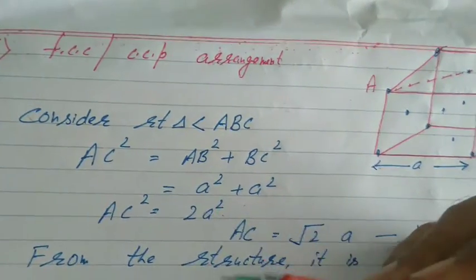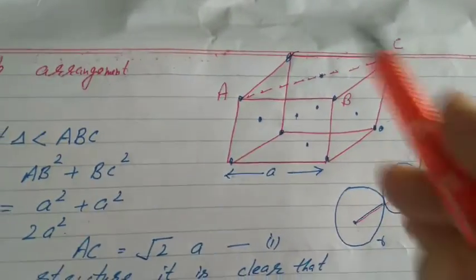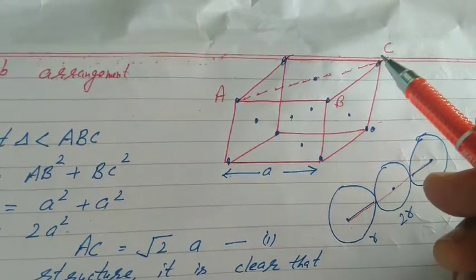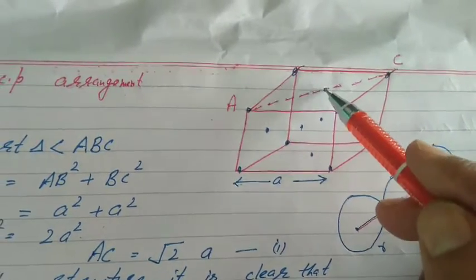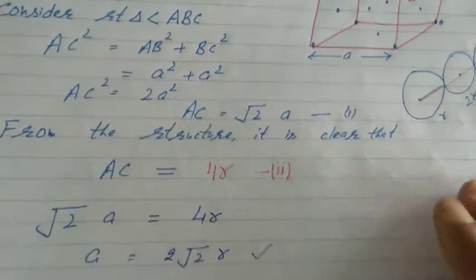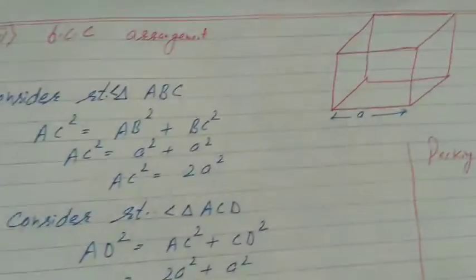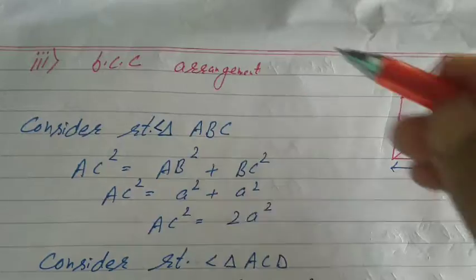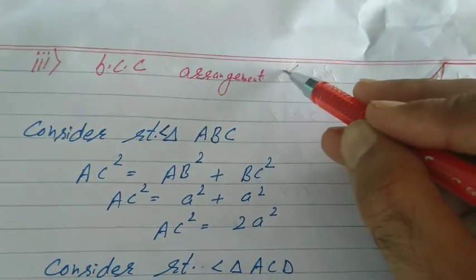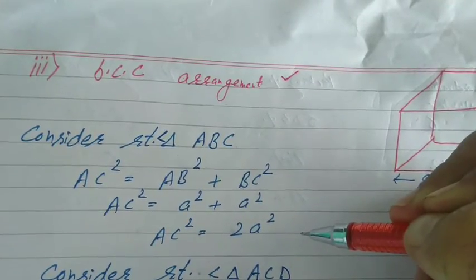Derive an expression to find packing percentage for FCC arrangement. We know our answer is 74%. Only we have to mention it in this way. Please at first mention FCC, then draw one face diagonal. In the face diagonal there are 3 particles, 2 at the corners and 1 at the center of the face. Then calculate the value of A and then apply the formula, students. We got the answer. After this, the third is BCC arrangement. We know for BCC arrangement the packing percentage is 68%. Already known. Only we have to derive an expression.